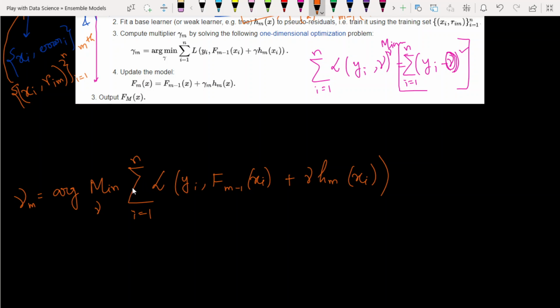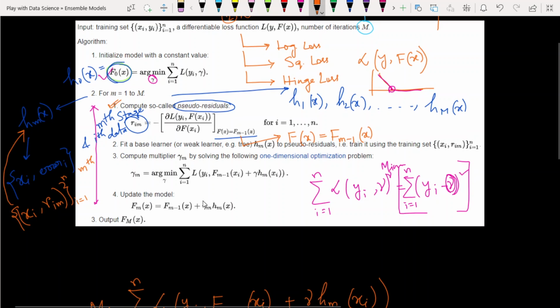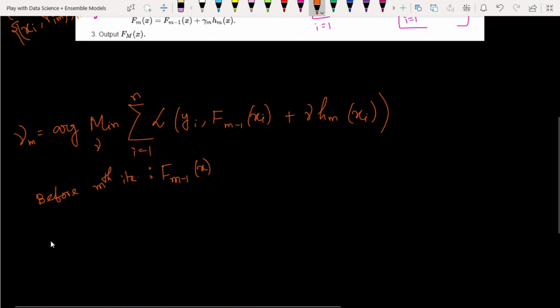So after finding this gamma value, we can easily build our next model at the end of the mth iteration. Before the mth iteration, what have we found? We have found our model F m minus 1 of x. With the help of this model, we have calculated our pseudo residual that we have already seen. Now, before the m stage we have built these things, and at the end of the m stage,